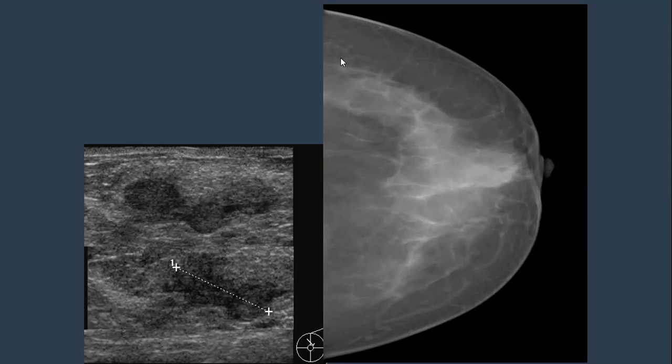There is an area of architectural distortion associated with asymmetry involving the left breast, central area with some retraction of the skin, the areolar skin, and on ultrasound, it seems that it's taking the